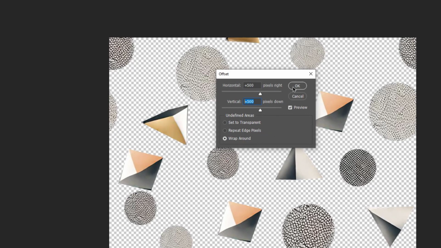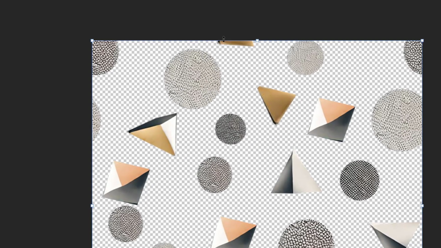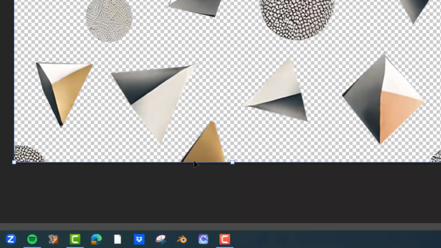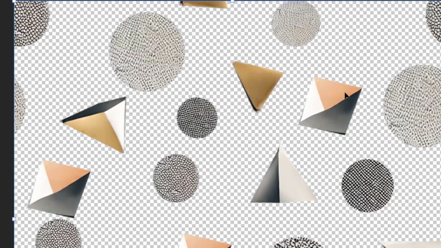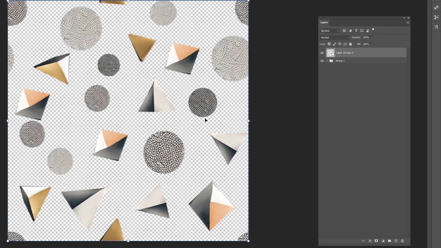And so what that does is it offsets my design. So you can see this triangle, this little chunk of a triangle, the rest of it is right here. Same thing with that semicircle over here and the circle that's in the corners. So that looks pretty good, but if you have a design like this and you already notice a couple of